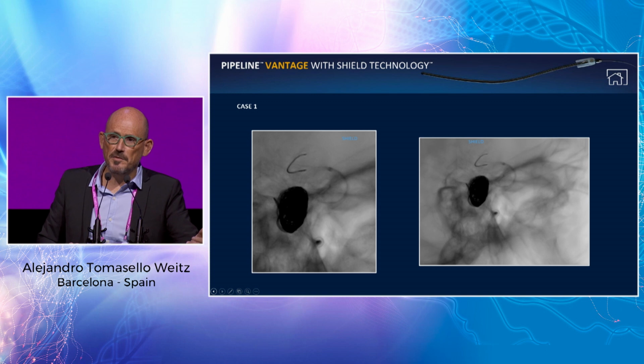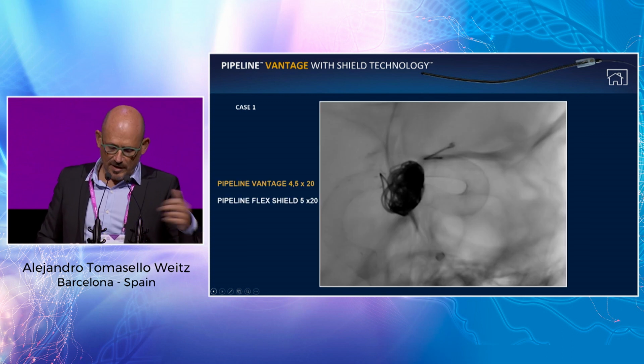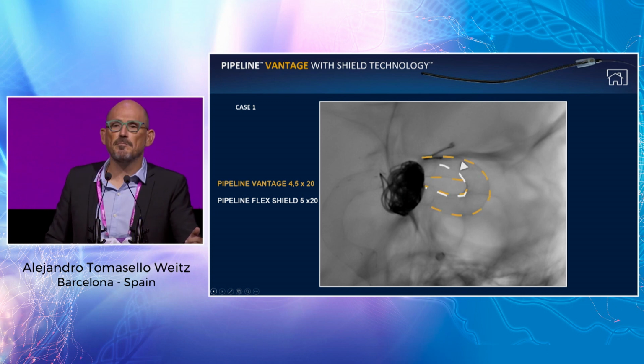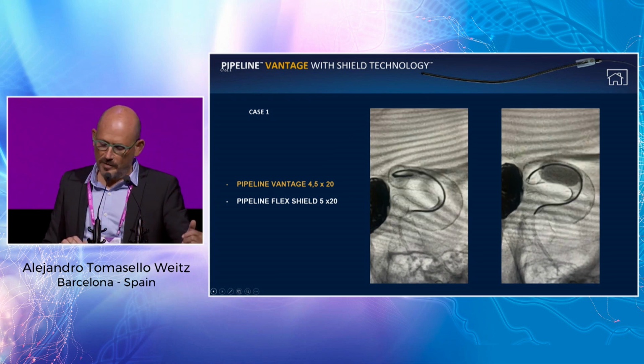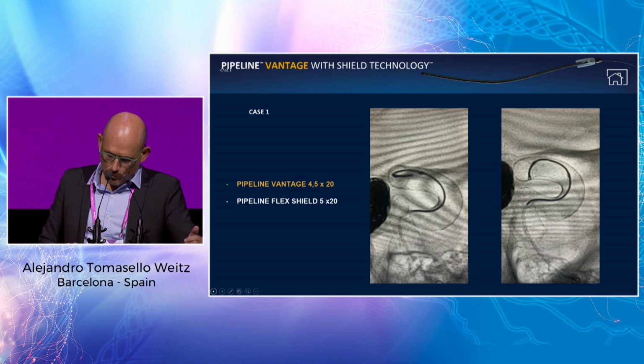We took more than 15 minutes with this treatment, and despite different maneuvers, it was impossible to open the device. And you can see here the final picture when I finished the deployment. Here you can see the Vantage, and here is the Pipeline Shield. With ballooning, we used balloon remodeling in order to improve the wall position of the stent, but it was so difficult. Finally, we have to tolerate the